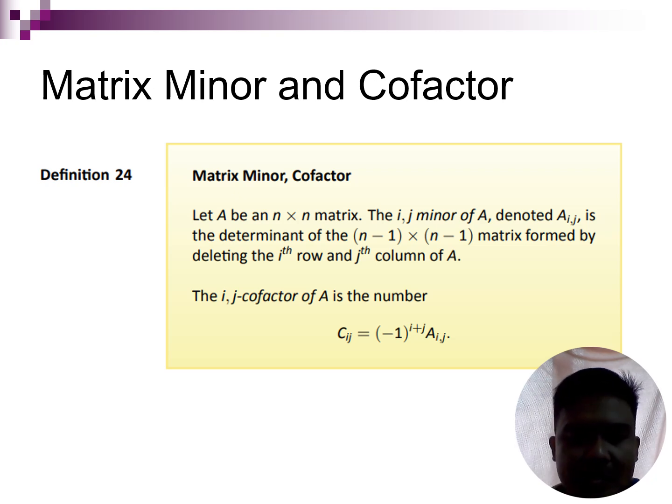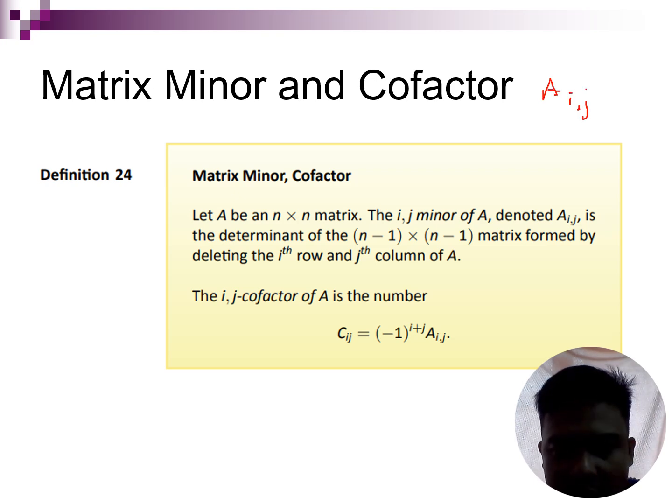Now let's proceed with our last topic, the matrix minor and cofactor. Let A be an n by n matrix, the ij minor of A denoted by Aij. So remember this one, guys. We have the i, a comma there, and j. That would determine the minor of A. That is way different from before, which is A11.